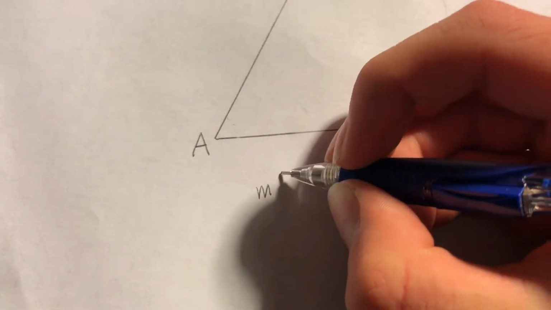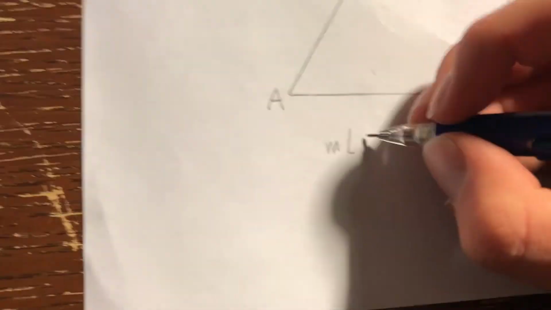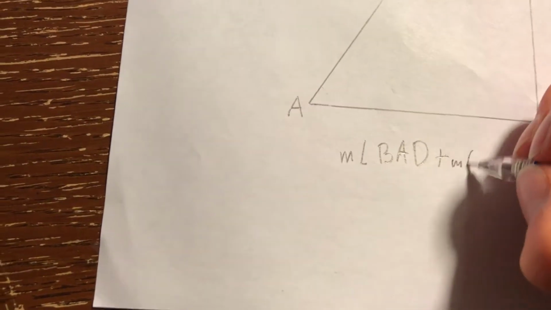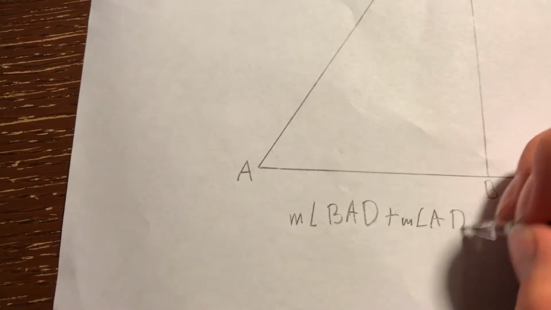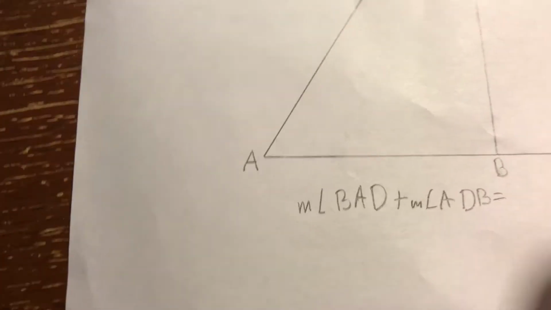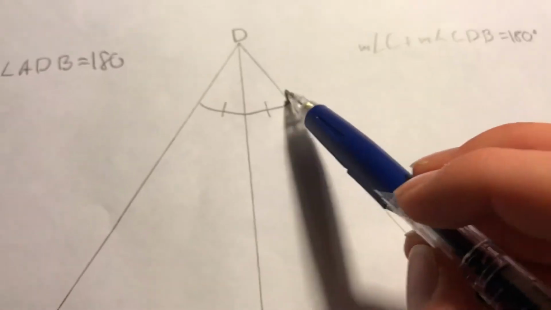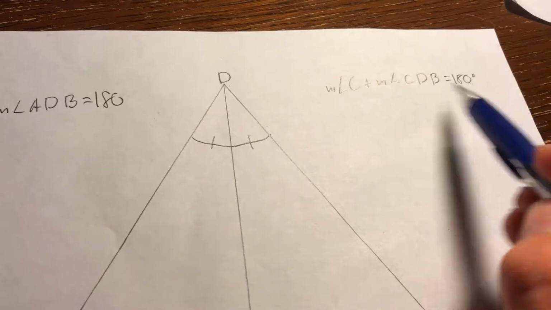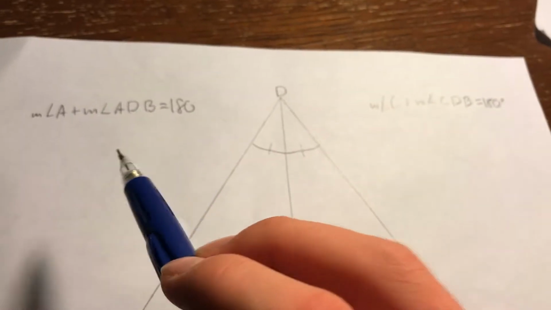So that means it is possible to write down the measure of angle BAD, that angle, plus the measure of angle ADB is equal to 180, and they're both equal to 180, so we can also write